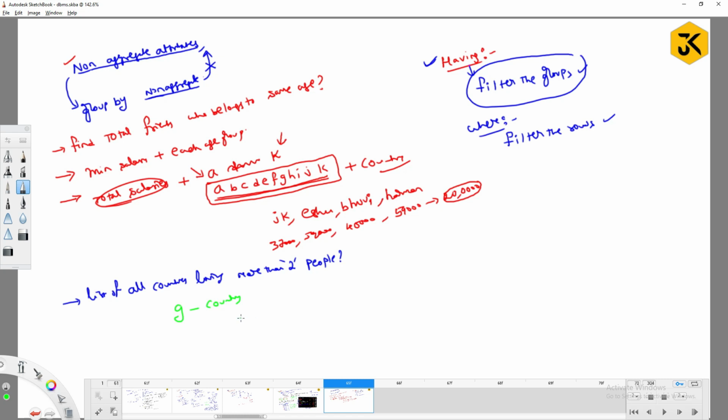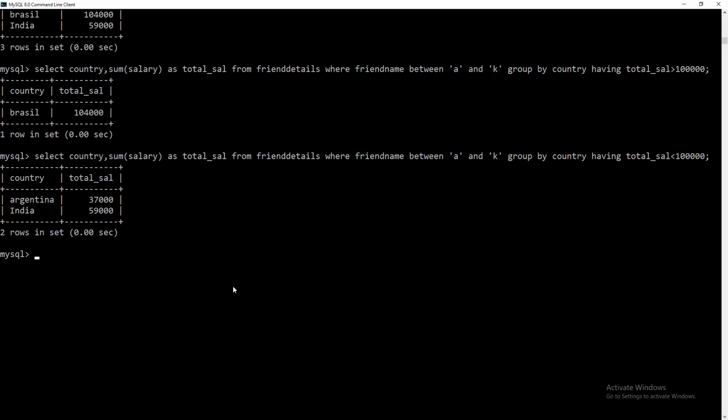Then on that count, I am going to make a greater than 2 operation, right? So try to observe. I will write select country, count of star as total count from friend details